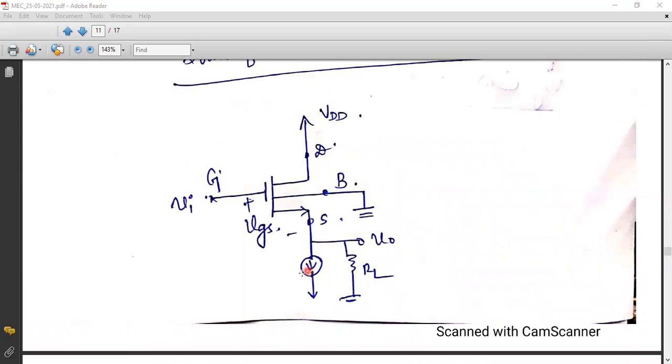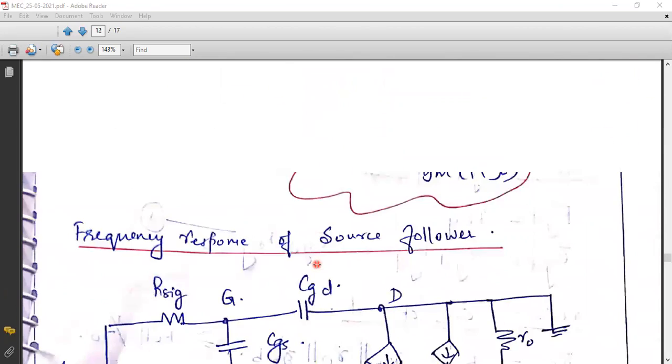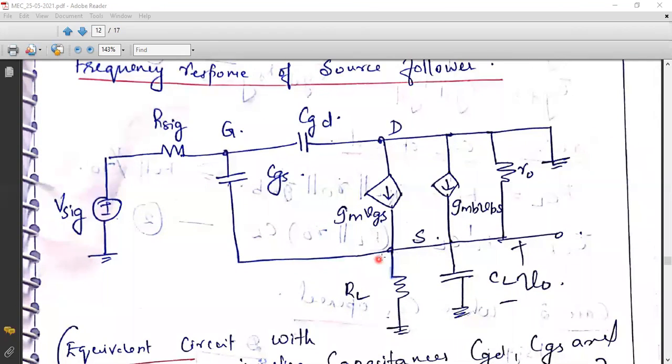This is your active load, isn't it? To generate this active load, you make use of Q2, Q3 and the current mirror circuits, using MOSFETs. In these MOSFETs there will be some junction capacitances. Those junction capacitances together we call CL, and I will connect it at the load terminal. But make sure that my load terminal here is the source instead of the drain.